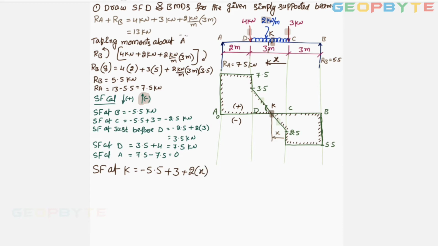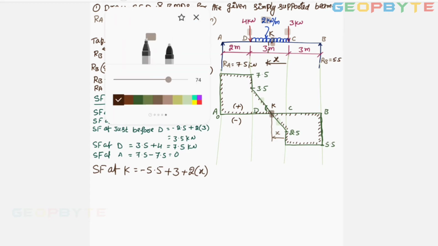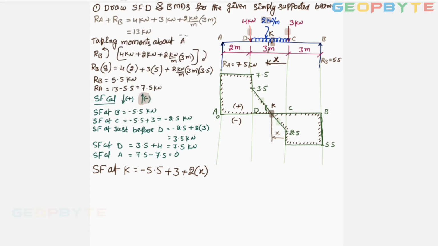I hope you understood. For finding the shear force value at K, you take the different values, just count how many forces or loads there are before K. One reaction acting vertically upwards should be negative. Vertical upward force is negative, and this is positive because it is a vertically downward force, and 2 into x, the UDL into the UDL distance up to K, is also a downward force. It must be equal to 0.